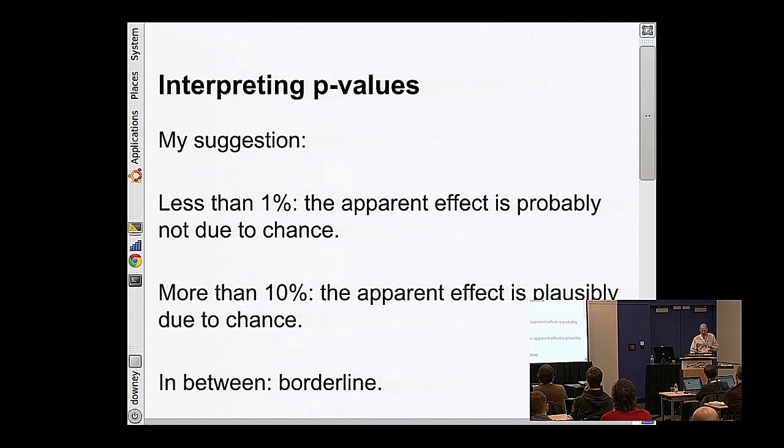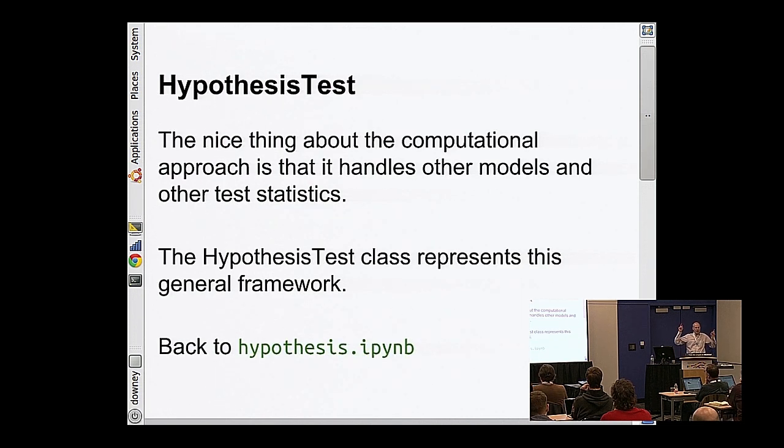Okay, so talking a little bit about interpreting p-values, I want to go back into one more setup here and get you to do an exercise. I've done the same thing here with hypothesis test that you saw with the resampler. I've taken all the code from the previous section and put it into an object called hypothesis test that encapsulates the structure of hypothesis testing. The nice thing about this is now if you want to do a different model or a different test statistic, you can just swap in the pieces by overriding methods. So jump into the notebook. We'll work on that for a little bit, and we are sneaking up on the finish line.